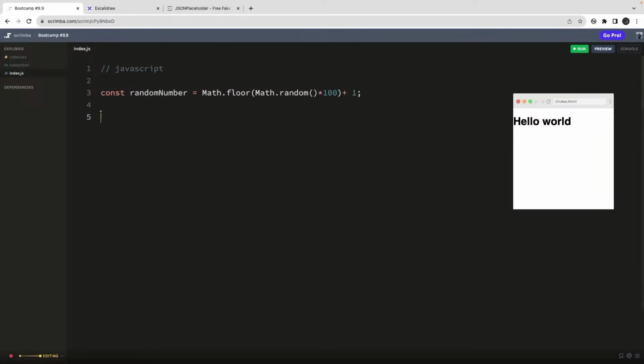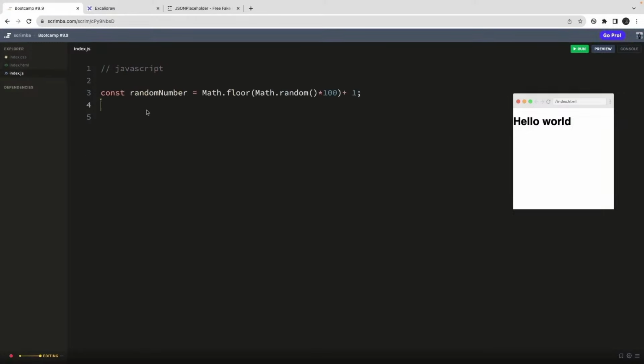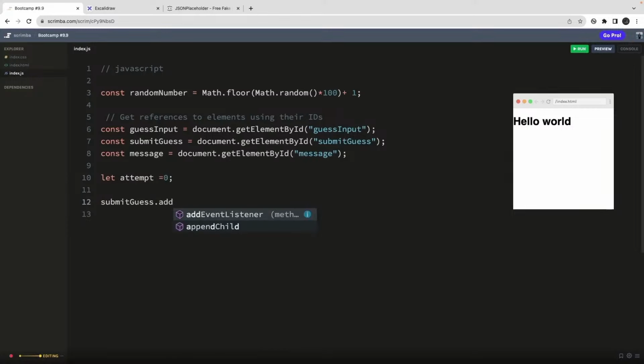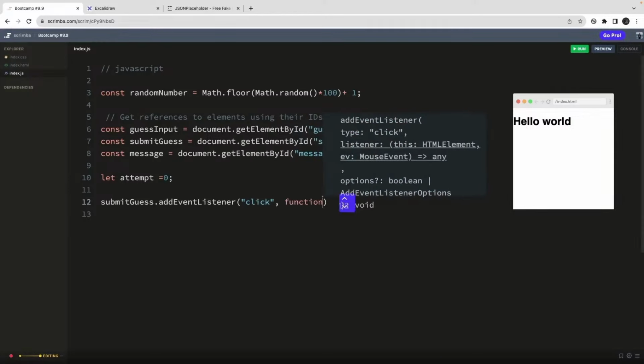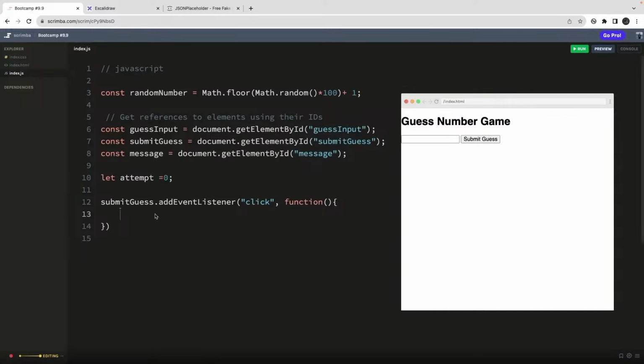So this is the way to generate a Math.random number in between, I think, 1 to 100, and we have the input type text field. So we get the input DOM node, we got the submit button, and we got the message. These three different nodes have their IDs: guess input, submit guess, and the message. So we can just do submitGuess.addEventListener, and we have a click event listener attached to it. So whenever you click onto the submit guess, we are going to generate a